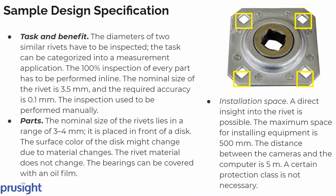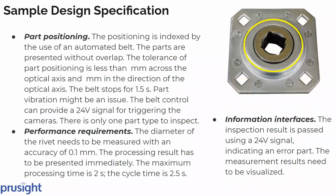In this case we're talking about a rivet, the specifications of the rivet, and the accuracy level the camera should detect. You can document it like this: what the task is, what the benefit is, what parts are involved, and what the installation space is where it is going to be installed. In the same way, document the part positioning, like how the part is kept, and if the build stops at such and such a period of time, the vibration is such and such. You need to document all these components in order to even scope a particular